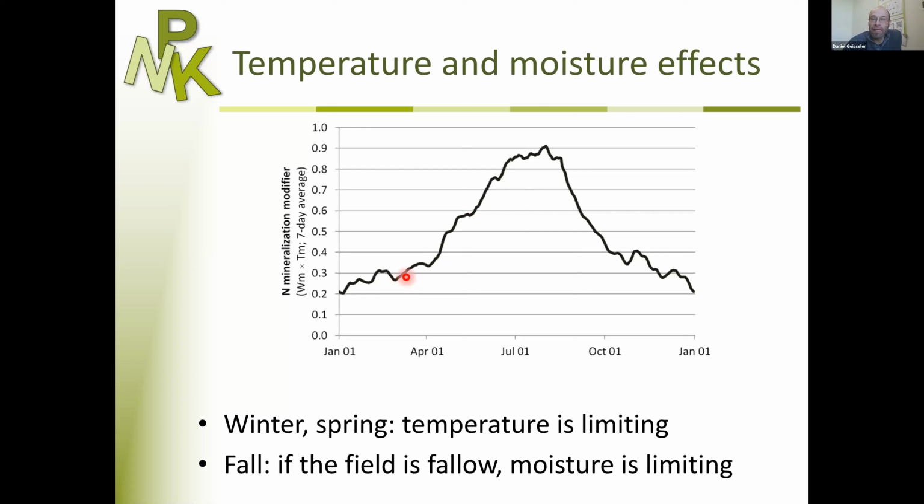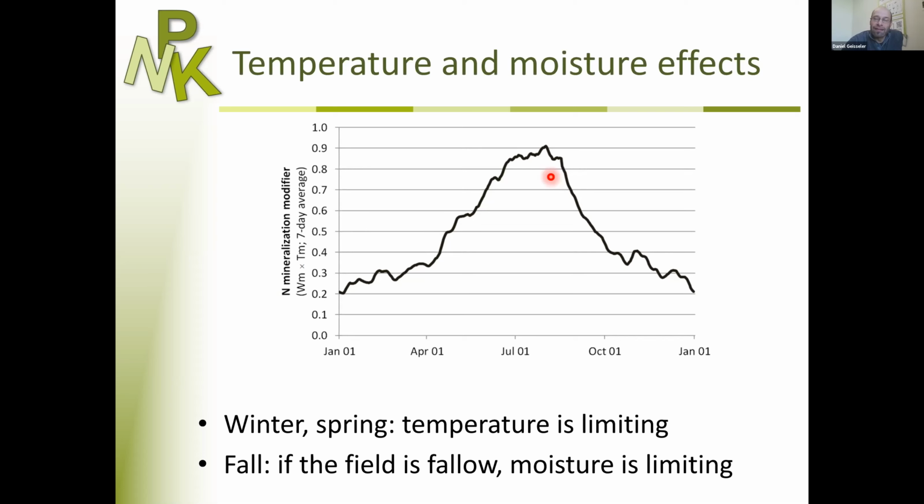But then in spring, when temperature increases, microbial activity increases too. And it's highest during the summer, because that's ideal. The soils are moist and they are irrigated and they are warm. So ideal conditions for microorganisms. Then in fall, microbial activity